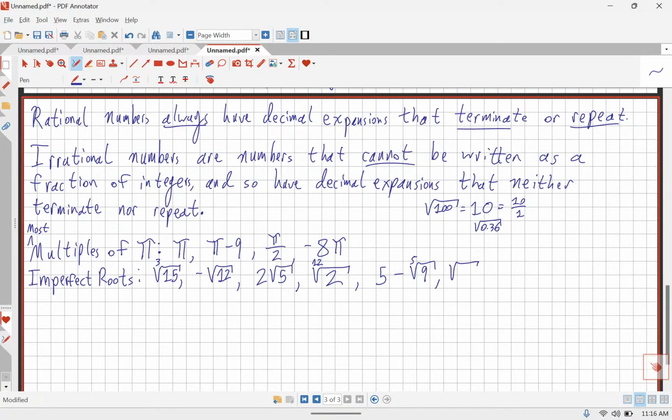Do you know this number got a man killed? The square root of 2. The square root of 2 got a man killed. Would you like to know how? This is actually also why we call them rational and irrational numbers. A long time ago, and I'm talking like a long time ago, ancient Greece,